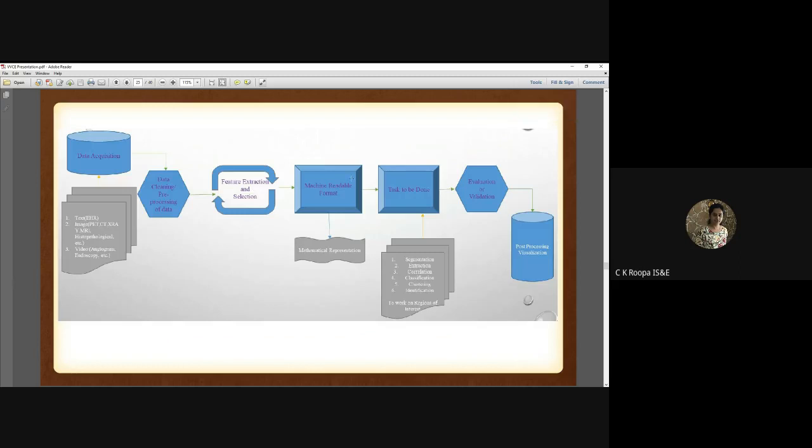Once you are done with that, you are supposed to give a machine readable format. That stage is called representation, because your machine is in a position to understand only the mathematical representation, but not any vague information that we visualize as normal human beings. Then there are different tasks to be done, like segmentation, extraction, correlation, classification,